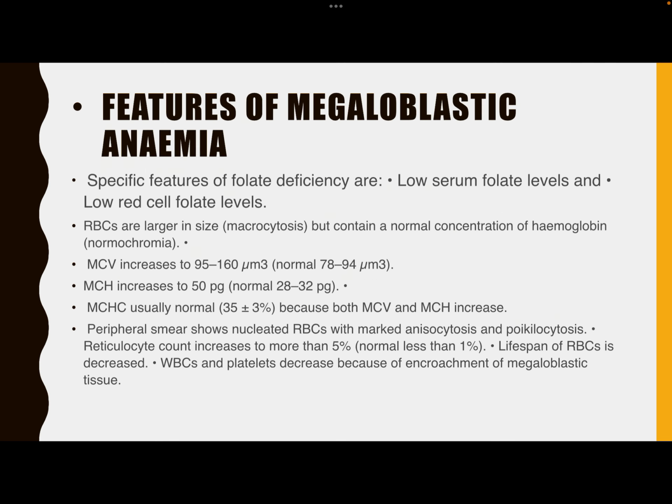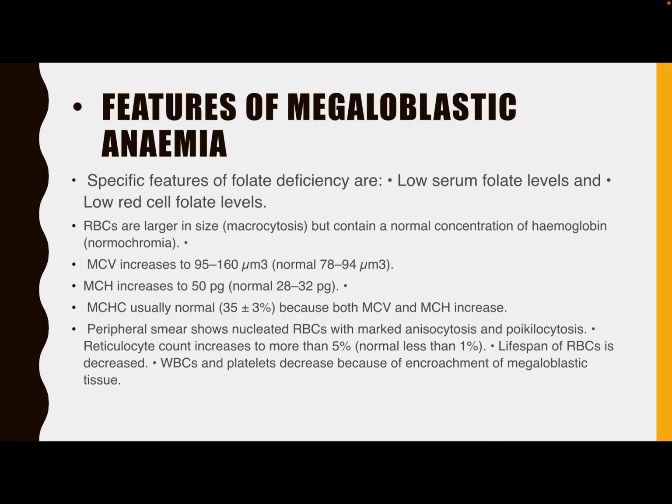And along with the features of megaloblastic anemia, there are specific features for folate deficiency also seen, that is low serum folate level and low red cell folate level. And in this condition, the RBCs are larger in size, that is macrocytic, but contain a normal concentration of hemoglobin, that is normochromia. MCV is increased and MCH is increased, but the MCHC is usually normal because both MCV and